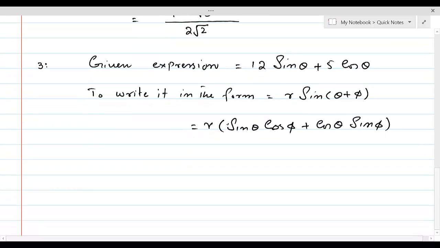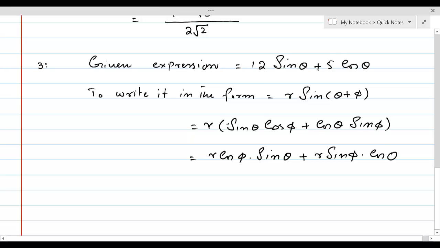And if we multiply r from outside, this will be equal to r cos phi into sine theta plus r sine phi into cos theta. Now if you compare 1 and 2,